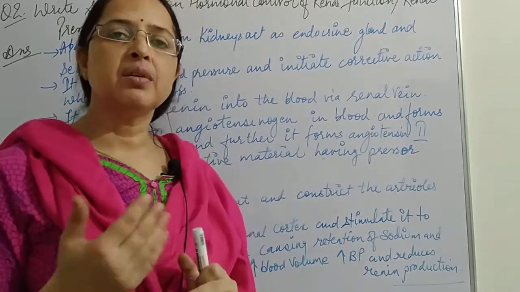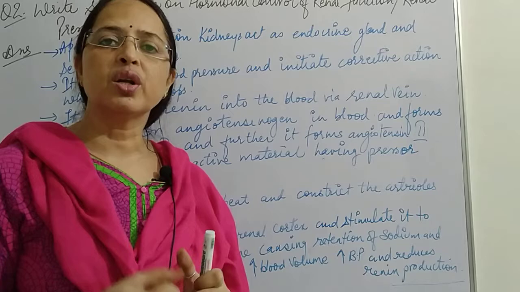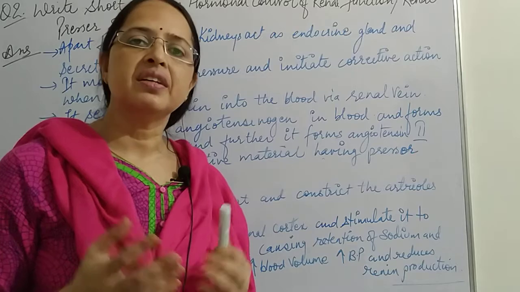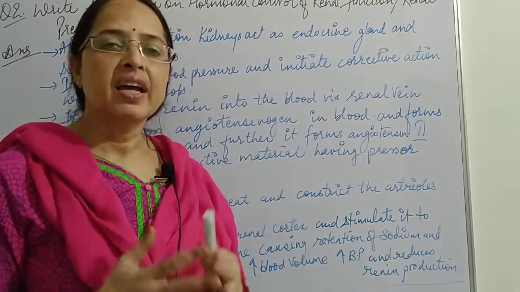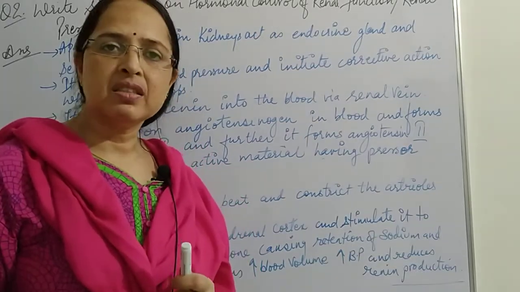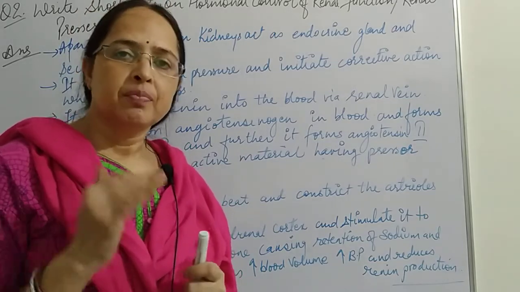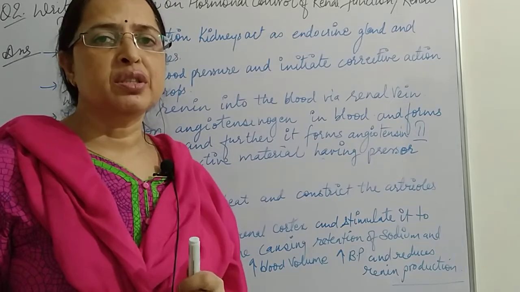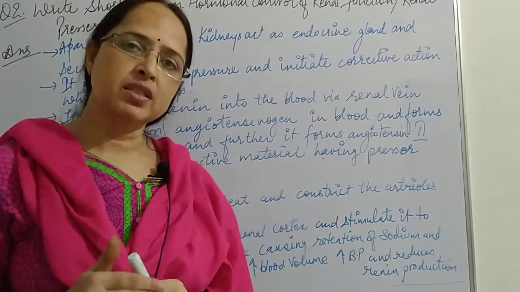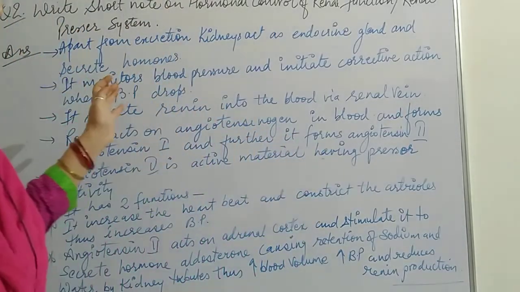And apart from the increase in the blood volume, it also initiates the constriction or contraction of the arterioles. When the contraction of the arterioles increases, the diameter of the arterioles decreases. As a result, the blood pressure increases. So what it makes is that blood volume increases and blood pressure increases. An increase in blood pressure stops the secretion of renin. So this is called the renin-angiotensin system or hormonal control of renal action. So just have a look over here at what I have written on the board.